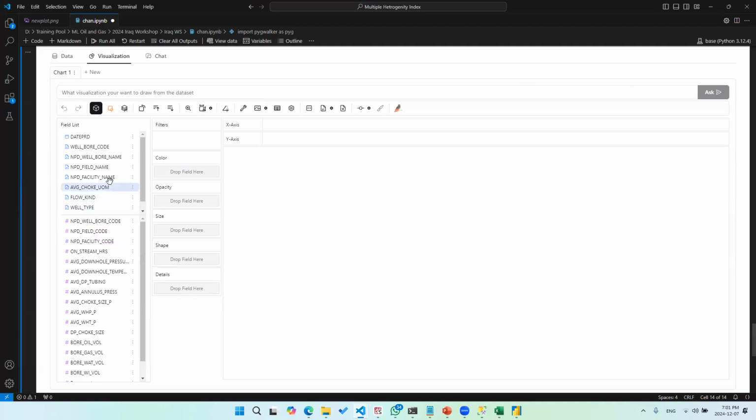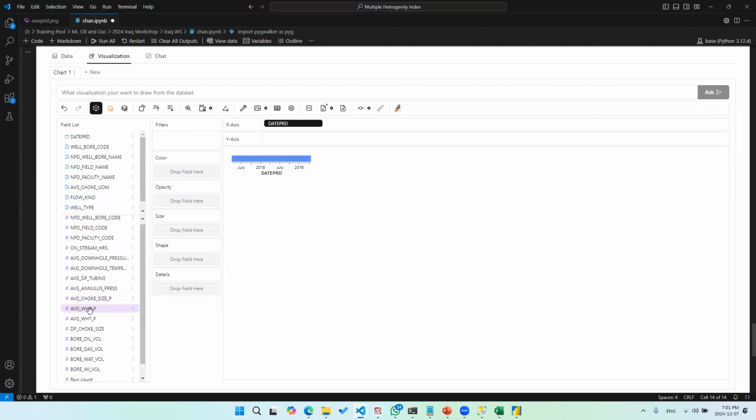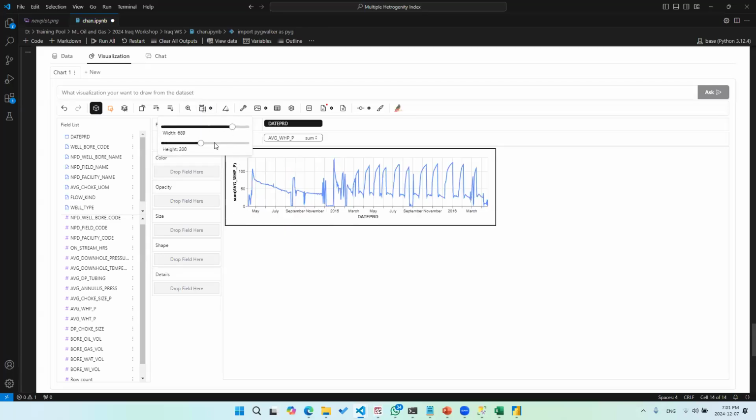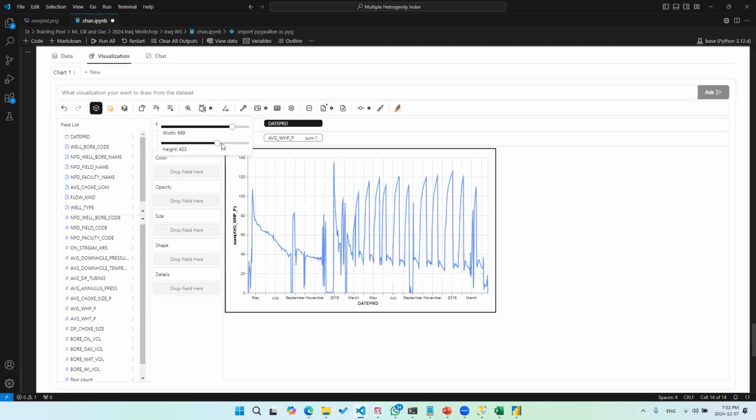So let's say that we want to create a simple chart, right? What we are going to do is we need the X and Y, and I will choose the date to be the X. Just pay attention that I'm using drag and drop. There is no need to write fancy code, by the way. Plus, let's say that I'm interested in analyzing the wellhead pressure. I will drag and drop that to the y-axis. There we go. Now the chart already showed up. I can, of course, change the aspect ratio of this plot. I can change the width and the height. I can make this any way we want.